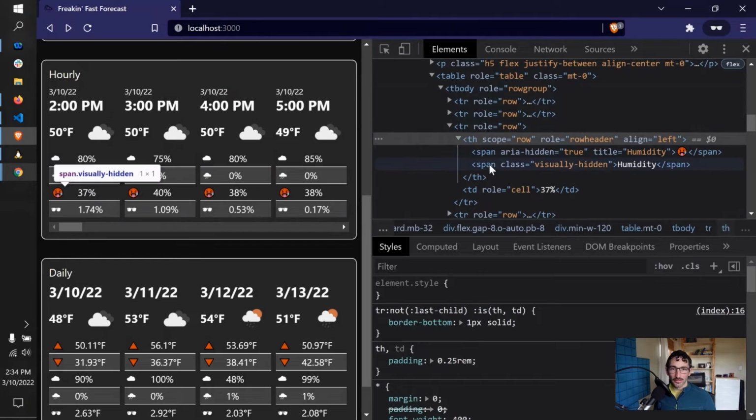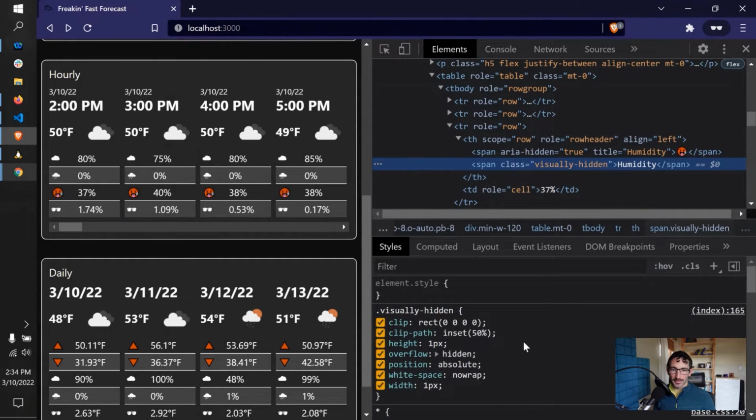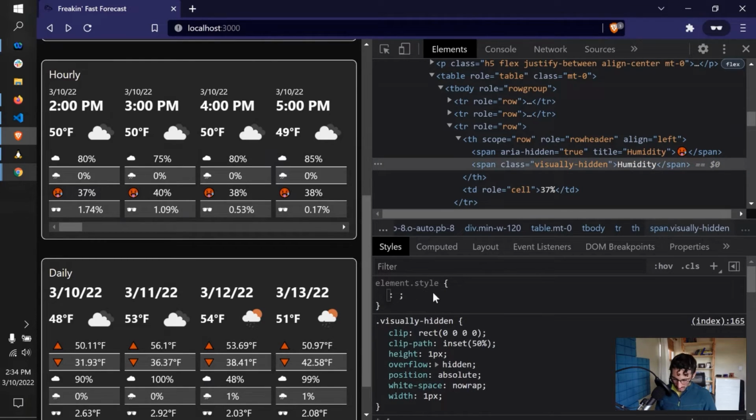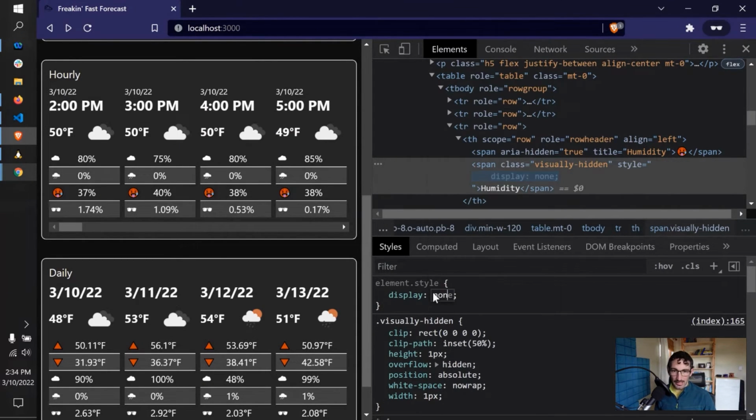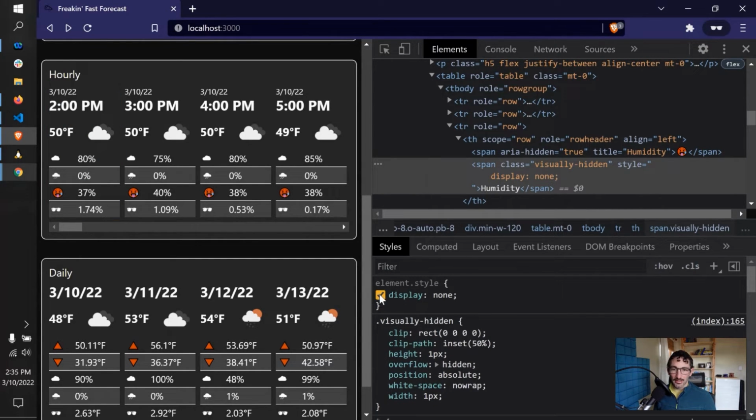So we also include another span with a class of visually hidden, and we add the text of humidity because unfortunately title is not a reliable enough source for assistive technology. So let's take a look at this visually hidden class because it's actually pretty interesting. We could have done something like display none, and that would be good enough to hide that element. Unfortunately, setting an element to display none also removes it from assistive technology recognizing it. So instead, there's a pretty common pattern of defining a class, usually sometimes visually hidden, and it has